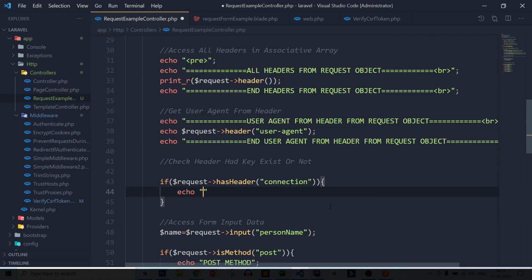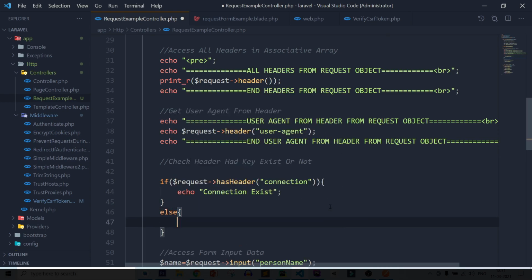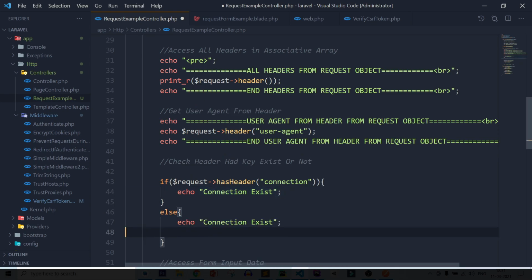echo connection exist, else echo connection doesn't exist. Save this page.